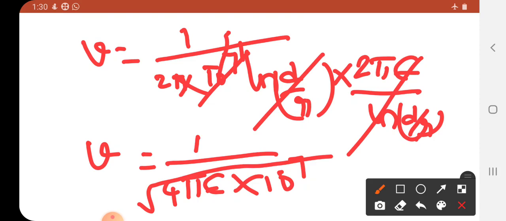Okay, now we substitute the value of epsilon naught. Epsilon naught is equal to 8.854 into 10 power minus 12 farad per meter. So you substitute that value, then you will get the value of V as